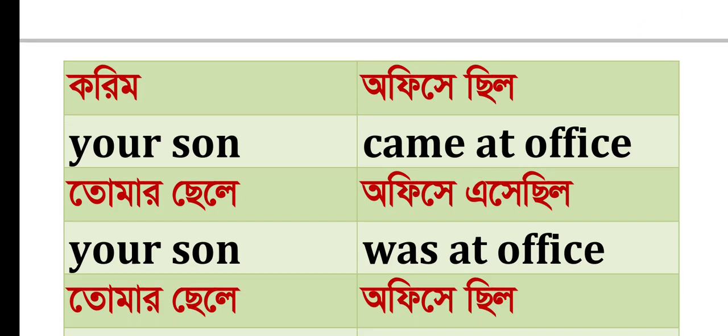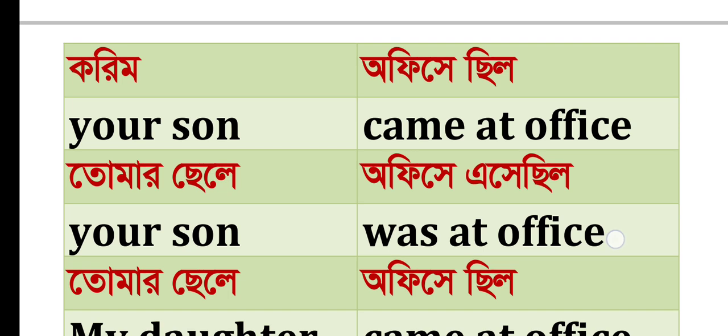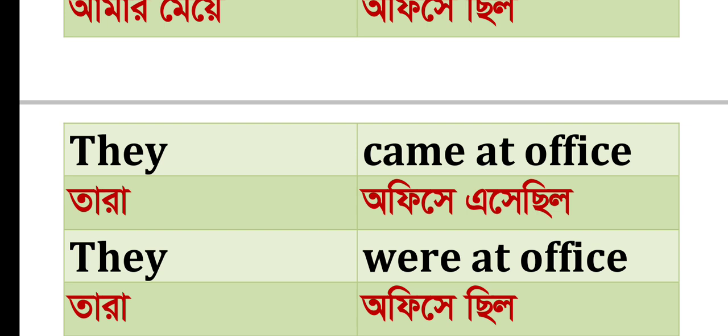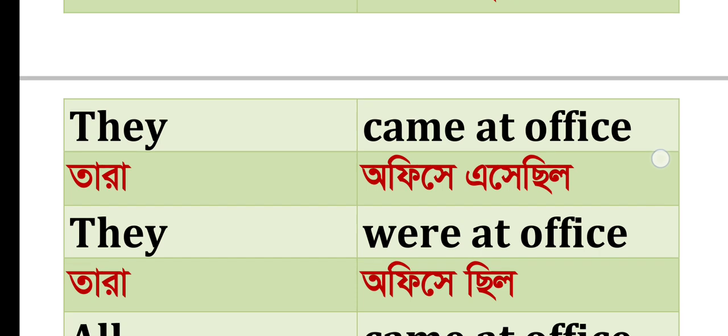Your son played in the field তোমার ছেলে মাঠে খেলেছিল, your son was in the field তোমার ছেলে মাঠে ছিল। My daughter played in the field আমার মেয়ে মাঠে খেলেছিল, my daughter was in the field আমার মেয়ে মাঠে ছিল। They played in the field তারা মাঠে খেলেছিল, they were in the field তারা মাঠে ছিল,